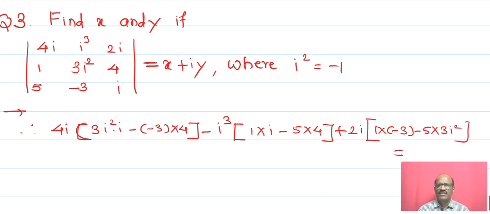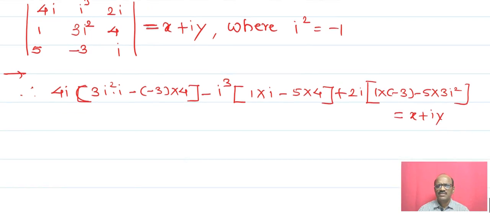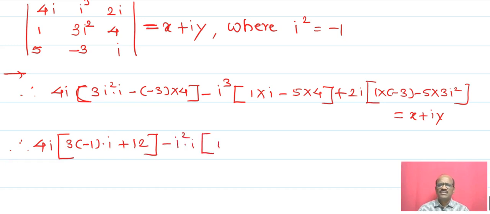Now evaluate this, that is equals to x plus y, that is a 4i. I square means what? Minus 1, minus 1 into i. Again minus minus become plus, that is a plus 12 minus i cube. i cube means what? i square into i. That is 1 into i is i, minus 20 plus 2i minus 3 minus 5,